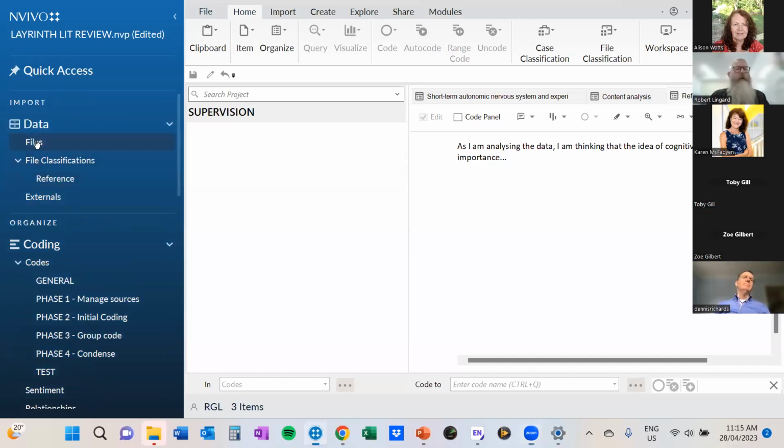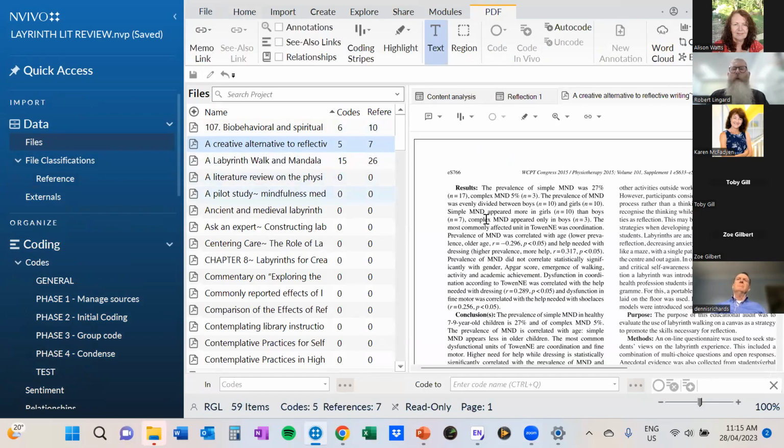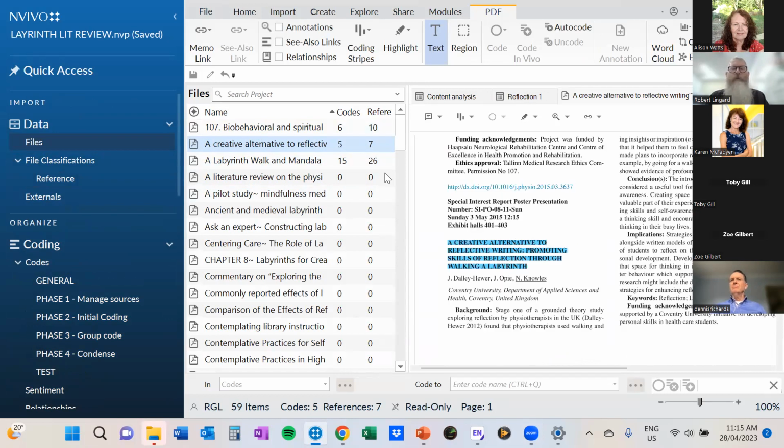Okay, I'm going back to my files. We'll pull out this one here. So I've read through this. It's a short bit of writing, but it's on topic for me. But what I want to do is make a note of what type of person was engaged